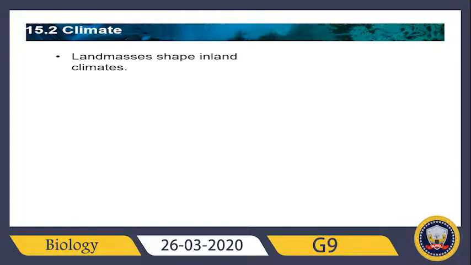Now, other than the sun, other things influence the climate. The land masses also influence the climate. Land masses shape inland climates. How? Larger changes in temperature. For example, the more inward you go,